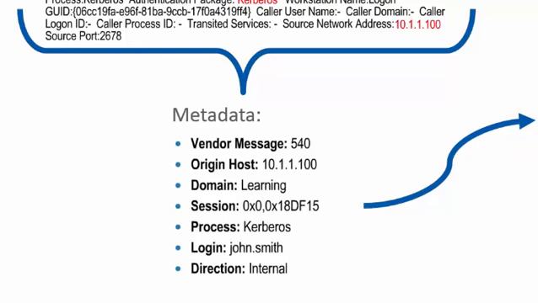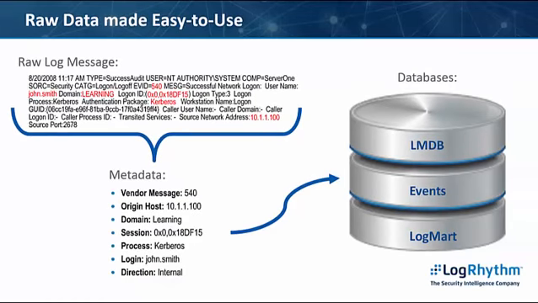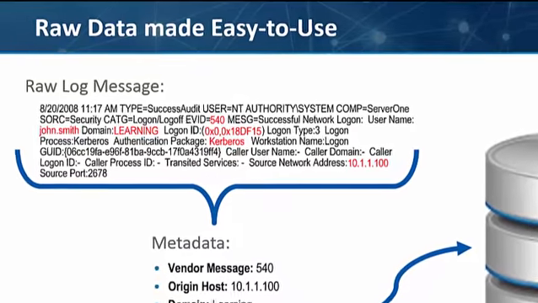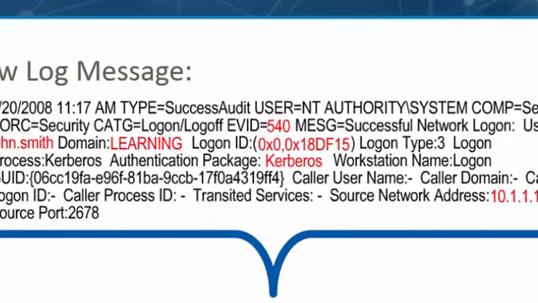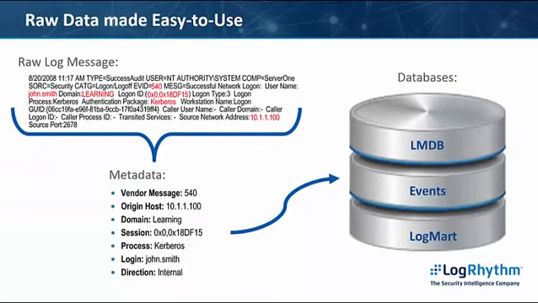Logarithm maintains a wide variety of common metadata fields that identify most data found within the different log message types. This is how the data about the data is converted into the same language. In the example above, vendor message is the metadata field assigned to the EVID data 540. By converting many different types of log messages from many different types of systems into a common language or common metadata fields, Logarithm has the ability to compare apples to apples